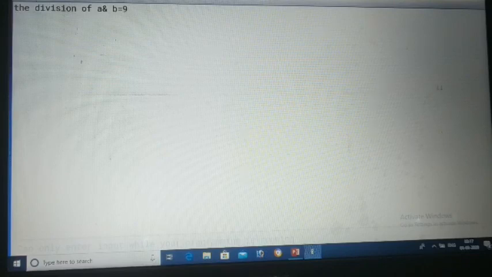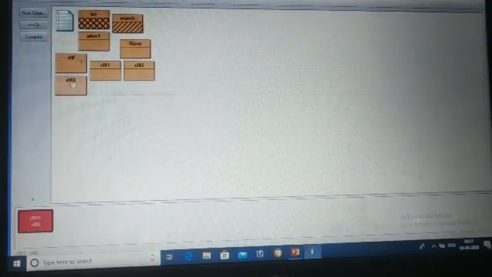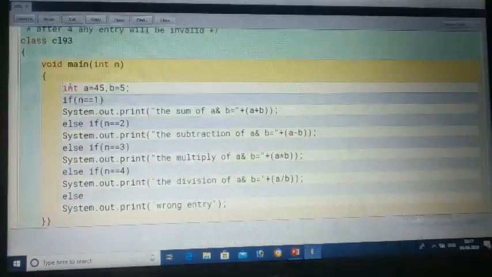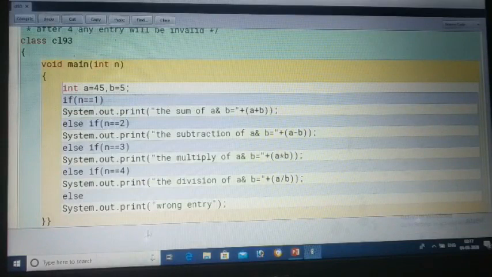Is it okay? So you will see in this program so many conditions are there. 1 condition, 2 condition, 3 condition, 4 condition, 5 condition. So when any number matches a condition, that condition's associated statement will execute.